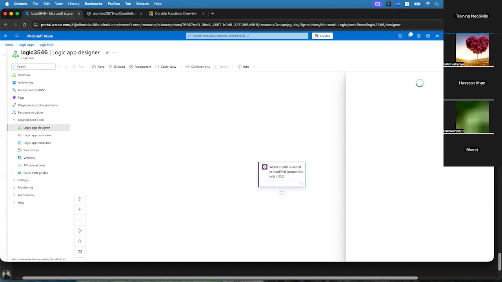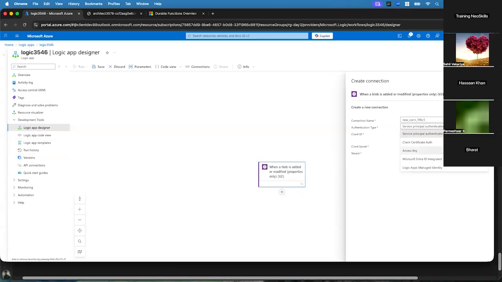See here, when a blob is added or modified, properties only. So I need to add the connection name and the authentication name. So this is my service principal. Either you can go for the access keys as well. Right now I'm not giving you any other things like client ID, client secret, tenant. If it is in a different account, then you can add each and every detail for the authentication